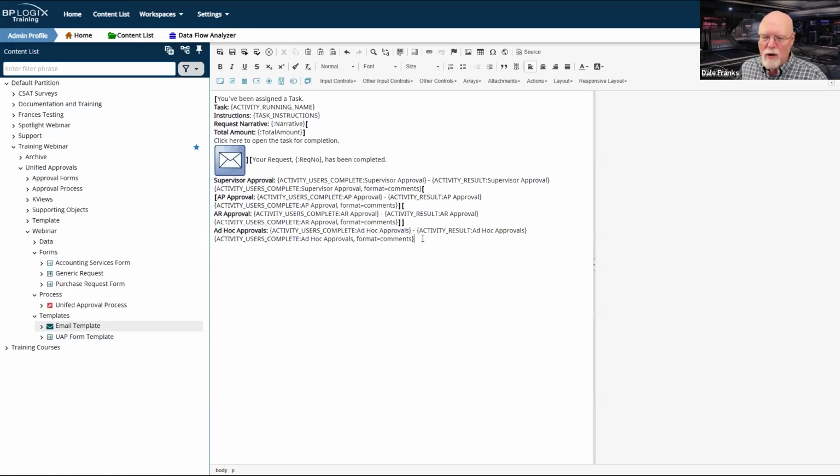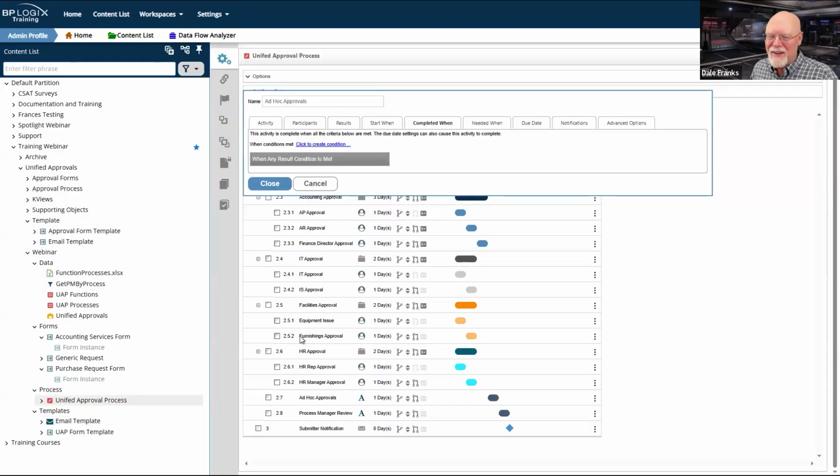So this should work just fine. And I'm just going to leave it here. It's always going to show. Normally I would throw in a section so that if there were no activity users complete returned, I just simply wouldn't show this. It'd be in its own section. But all we've done for the past hour is throw in sections. I think I'm done throwing that. I think I've beaten that horse enough.